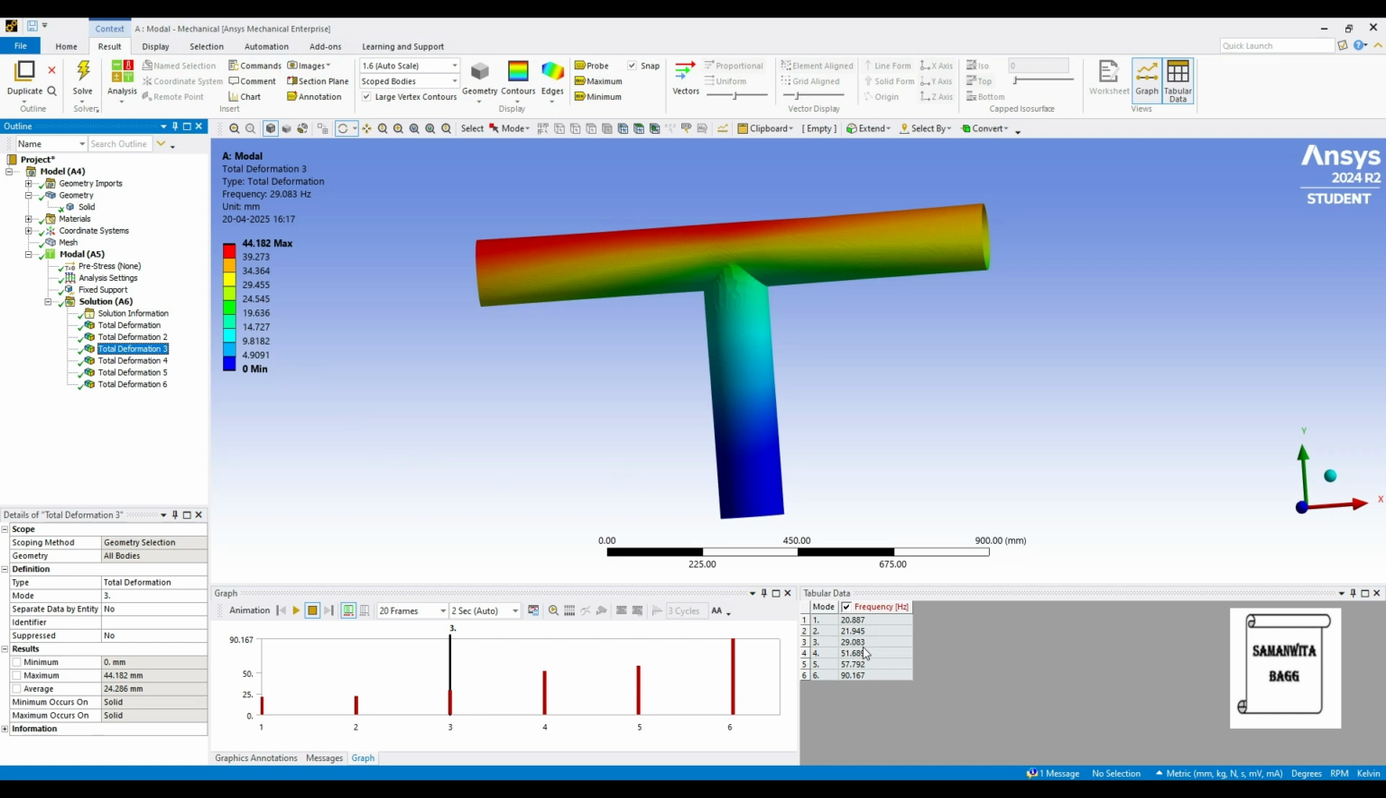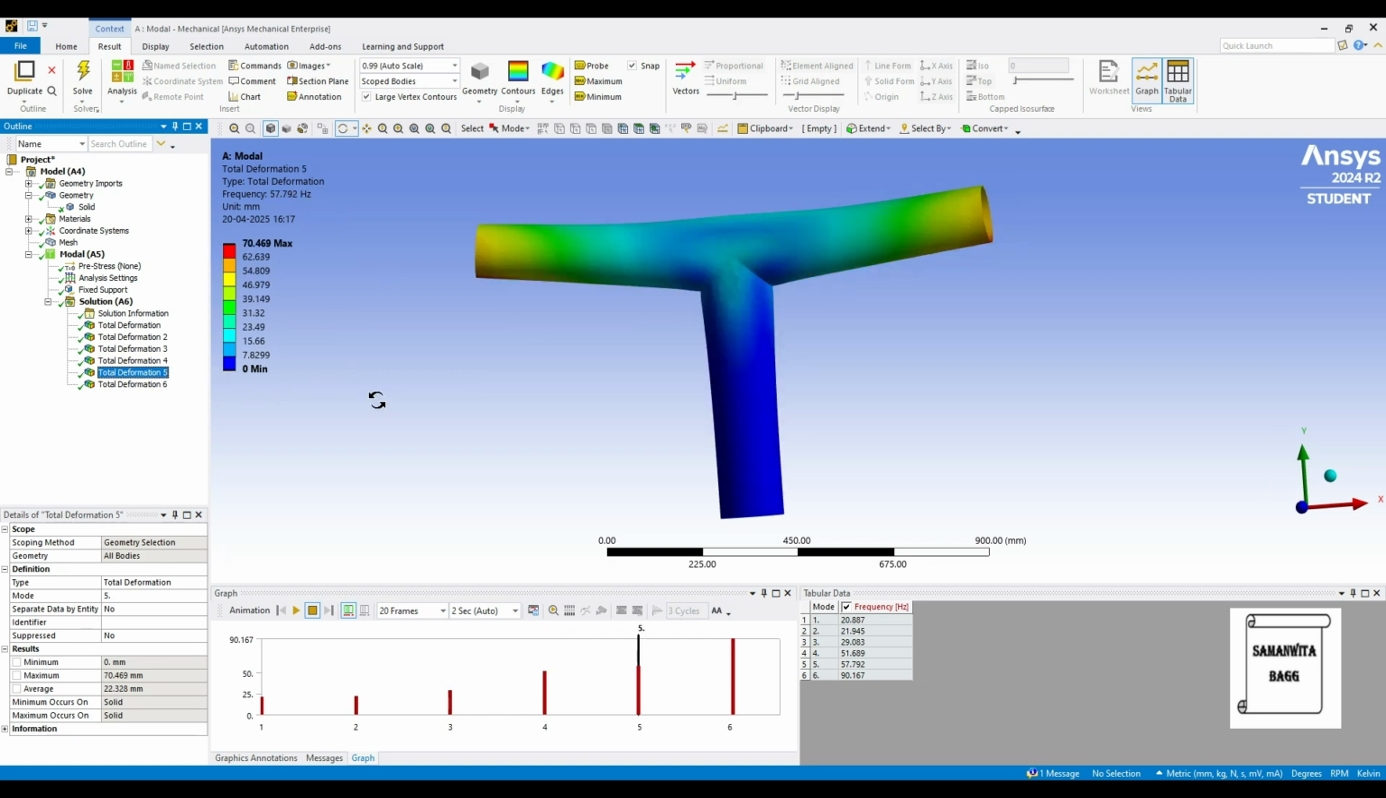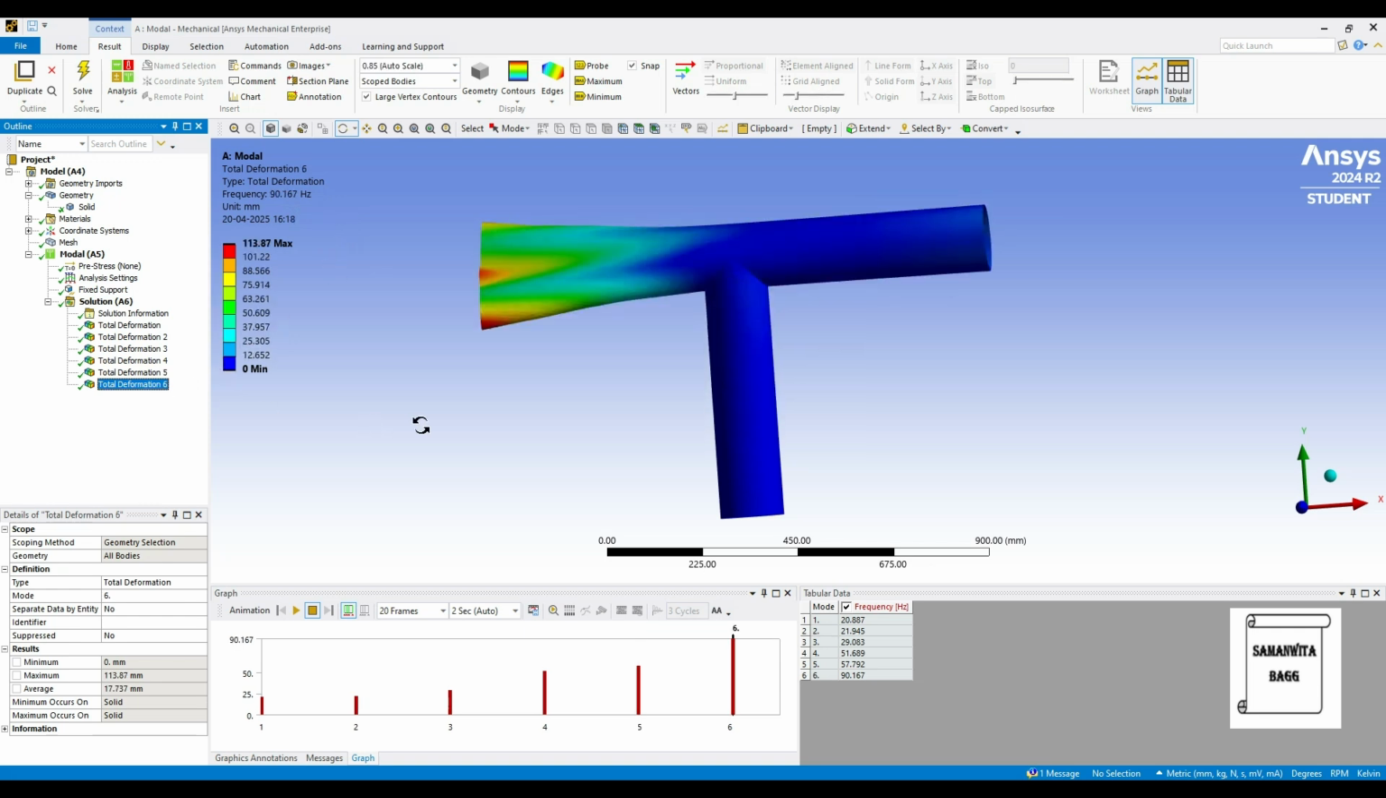The frequency is 29.083 Hz. Then we'll go for the fourth deformation. Highest value is 41.922 mm for a frequency of 51.689 Hz. For the fifth deformation, the value turns out to be 70.469 mm. The value has increased a lot for a frequency of 57.792 Hz. And last frequency is 90.167 Hz for mode 6 and the maximum deformation is very large,